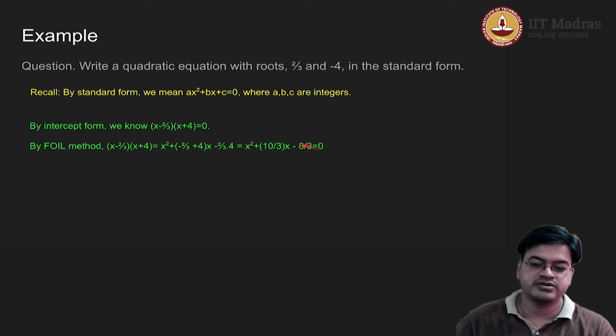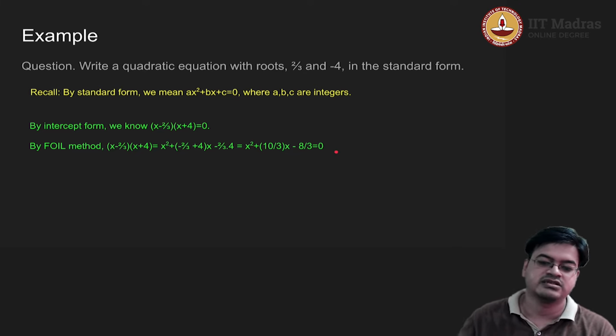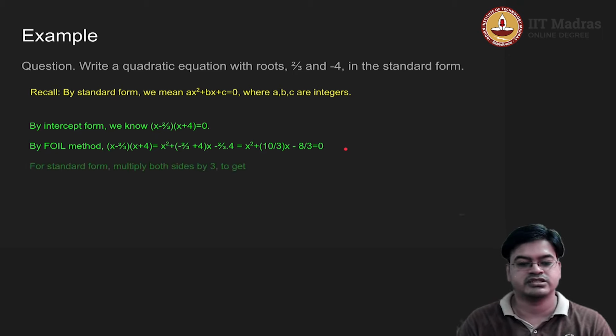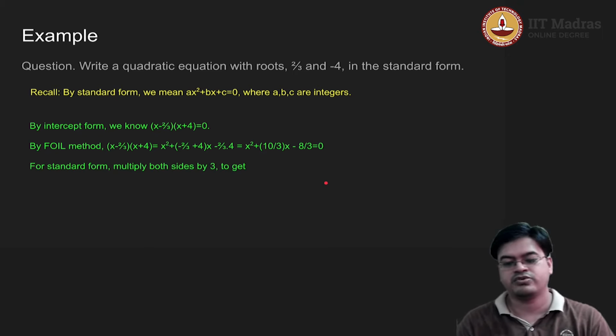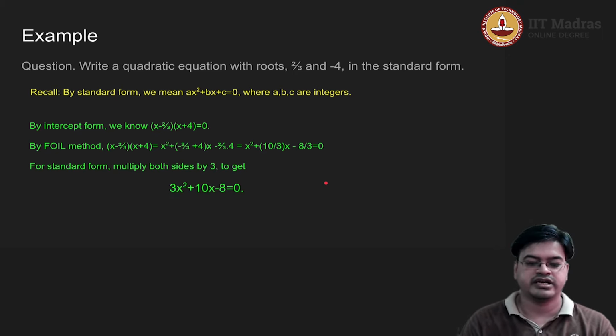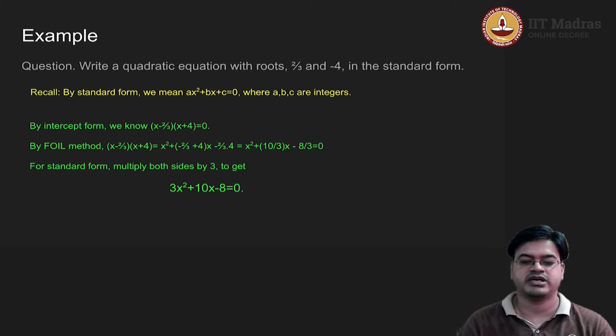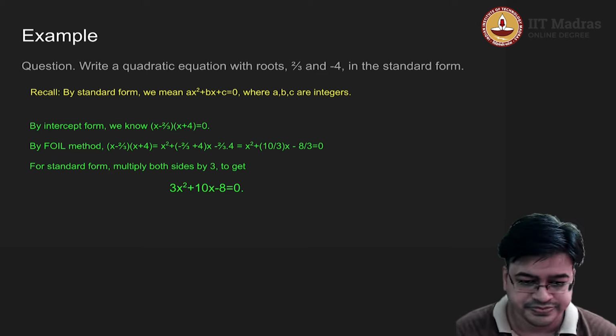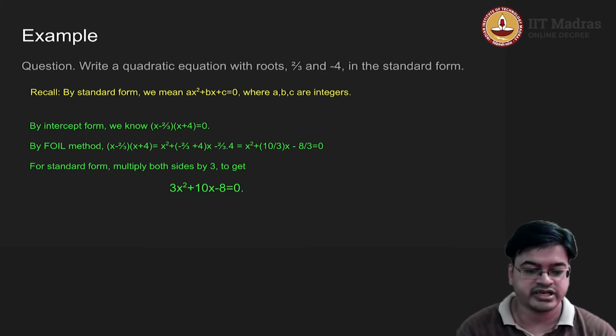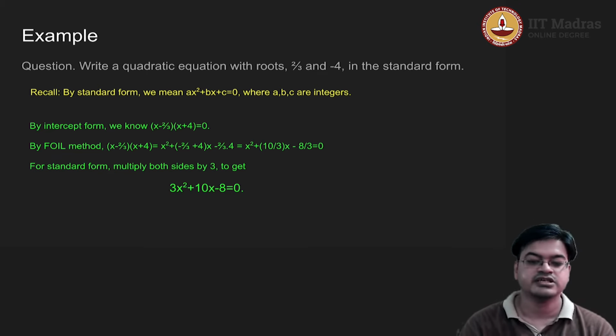So what I will do is I will multiply this equation with 3 on both sides. So if I multiply on both sides with 3, then I get 3x square plus 10x minus 8 equal to 0. That is the solution to this question. So the quadratic equation in standard form is 3x square plus 10x minus 8 is equal to 0. So we have solved. Let us now go further